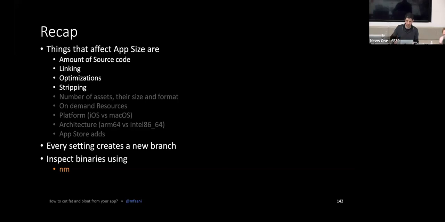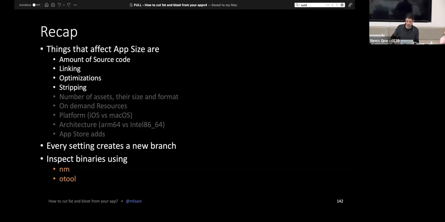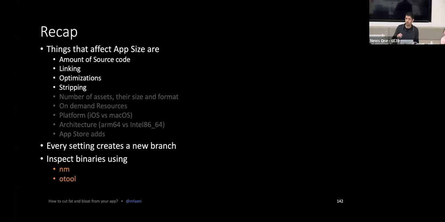And last but not least, you can inspect binaries using nm, an old tool. And one other way of testing things is just like, let me go and try to strip this framework in my app and see what the effect of that is. If I am stripping this app and I see significant file size change, then that means that something is being done wrong. For example, I have this